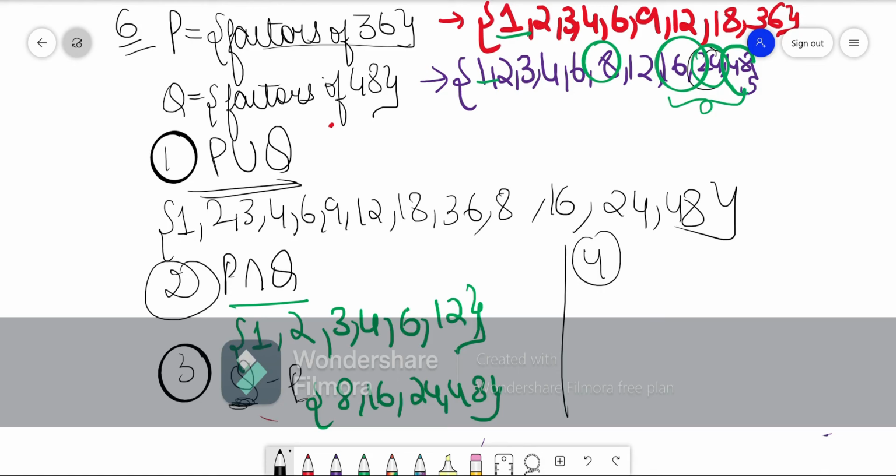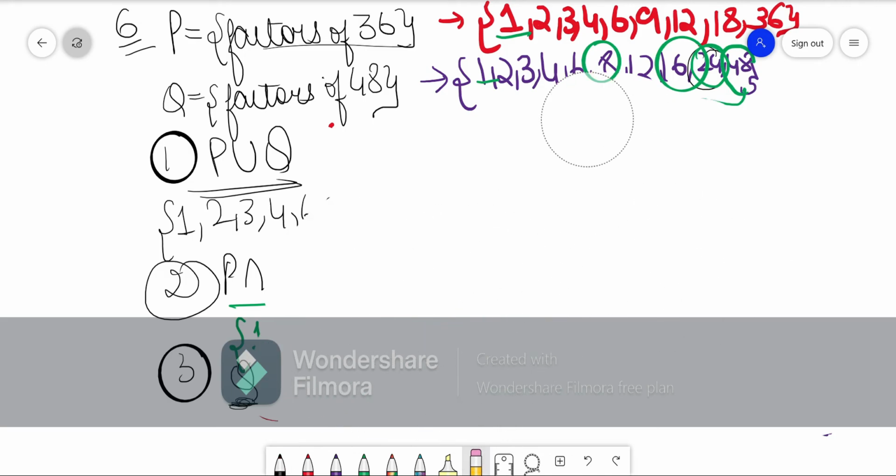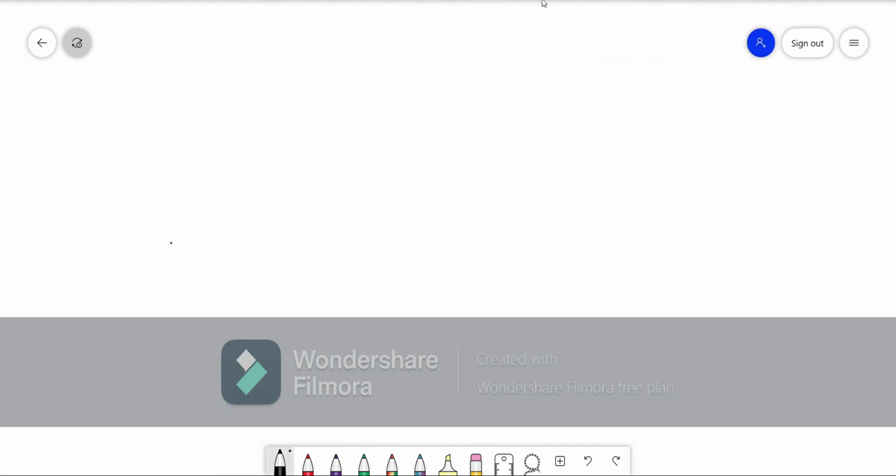The fourth part is P dash intersection Q. P dash means complement of P. So first let's find out P dash, right? It's easy, guys. See, you will find out P dash, then you will do the intersection, what is common in both of them, and after you do that you can get the answer, right? So this is your homework, the fourth part. If you can't do it, then please tell me, I'll help you with it. It's simple. First you have to find out the elements that are not in P, then this P dash, complement of P. So the sixth question is your homework.